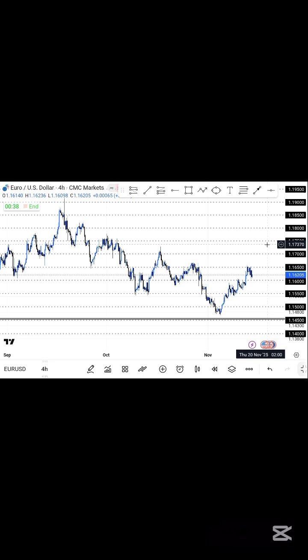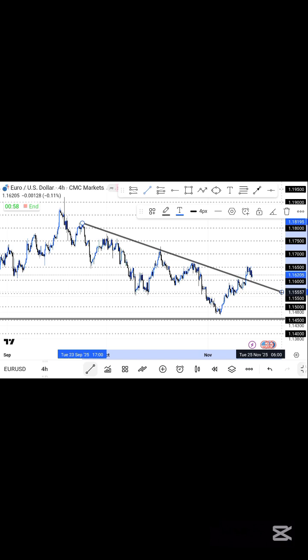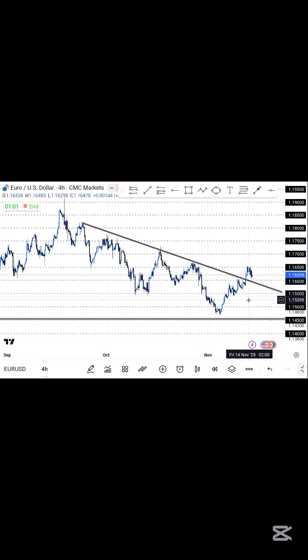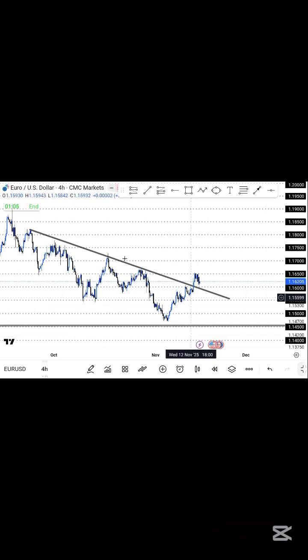Let's quickly analyze and see what we have for the week. On our higher time frame, you can see that the market is actually selling, with the help of our trend line. Let's go down. Make sure you mark the peak of each candle on our higher time frame. As you can see on our 4 hour time frame, the market is all selling,